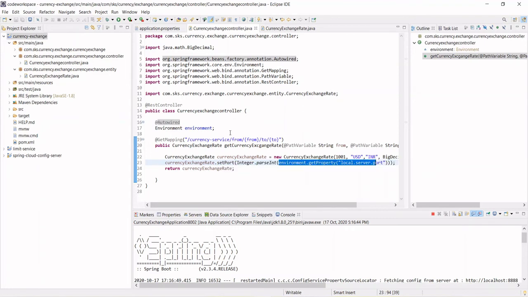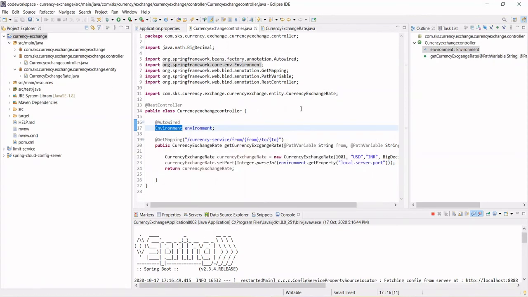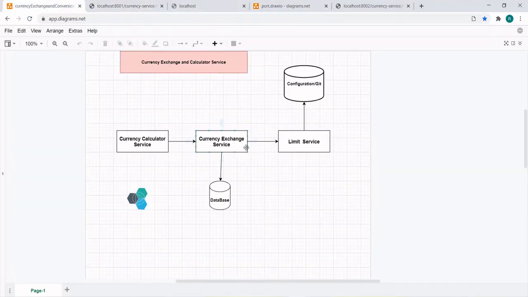So whichever port is occupied by a particular instance, it will give you that particular port number using the Environment class. So now we have seen this is completely ready.